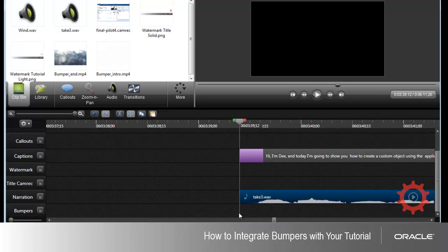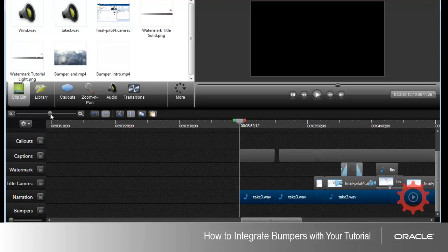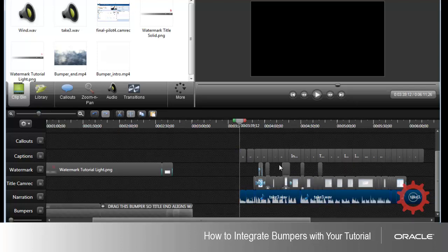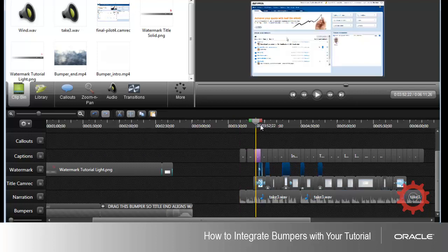So now we're going to expand this again. The captions are on the correct line. You can see the words over these clips here. The watermark, we need to make room for that, so we're going to,